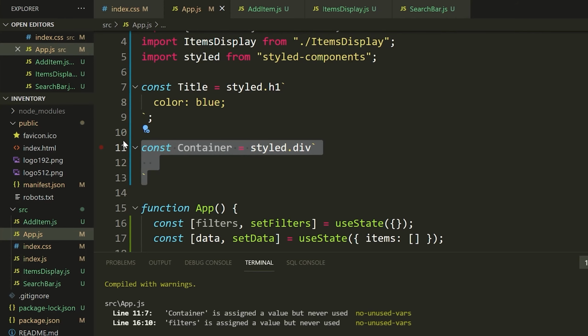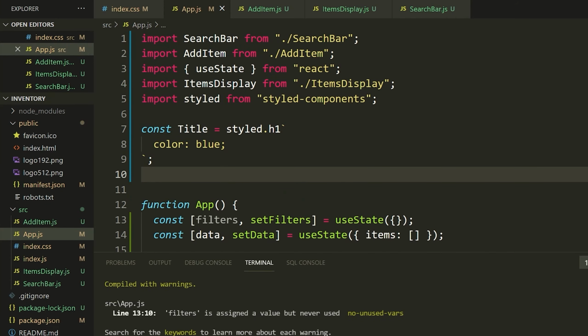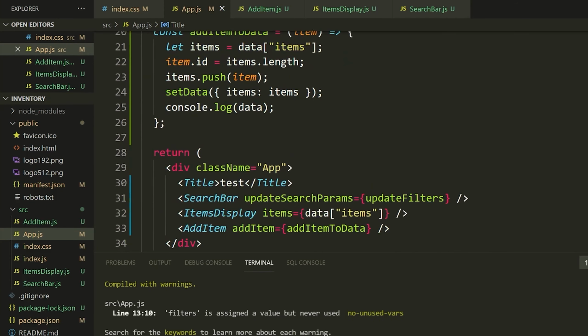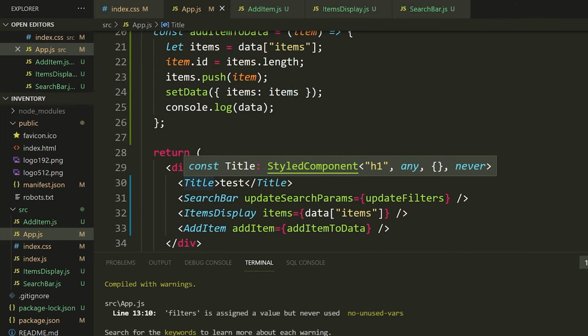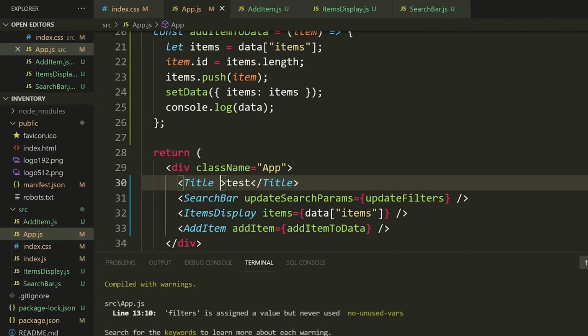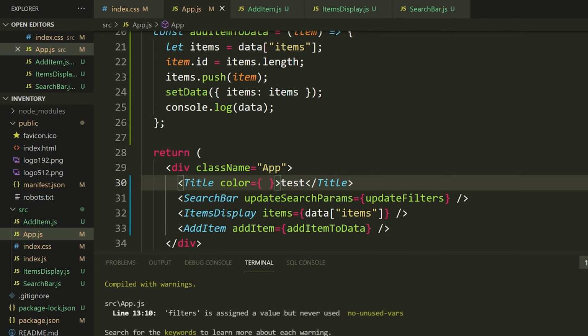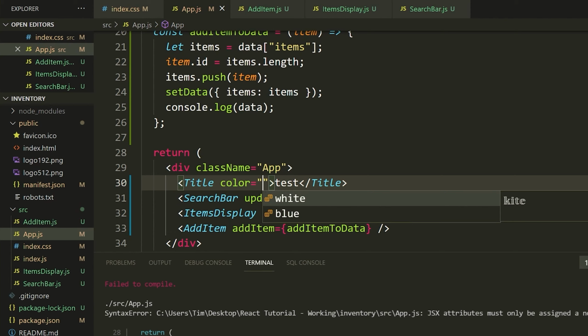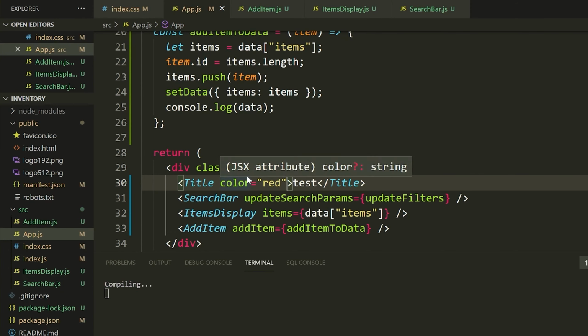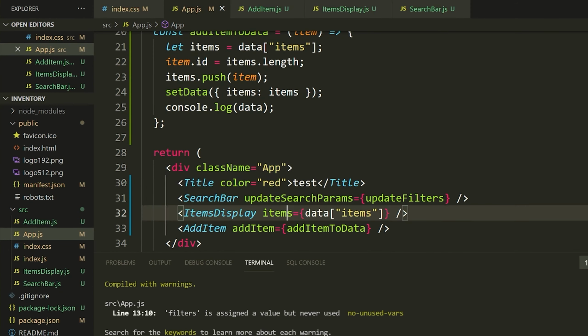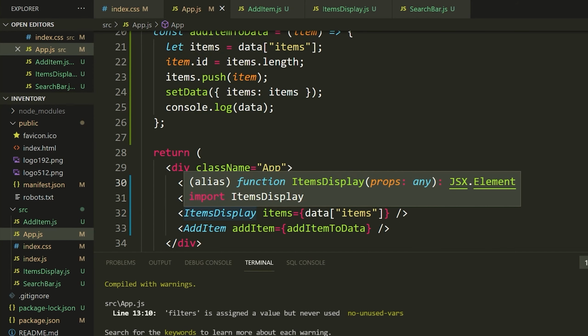Now, the last thing I'll show you here is how you can actually pass props to these components. Just like you've seen previously, in these types of components I can pass a prop. I could pass something like color is equal to, and actually let's make it a string, and we can pass maybe red. When I pass the color, obviously I want that to apply to this component. So how would I actually get this to work?